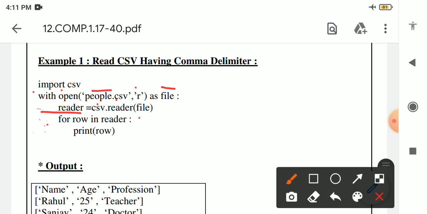So we will write for, after that row. Row is a variable in reader. Reader is another variable in which all the content is stored. So we will write reader here. As we know that for is a compound statement, so we will write a colon at the last. And at last we will use the print statement, and inside the print statement we will write this row. So we will get the output.